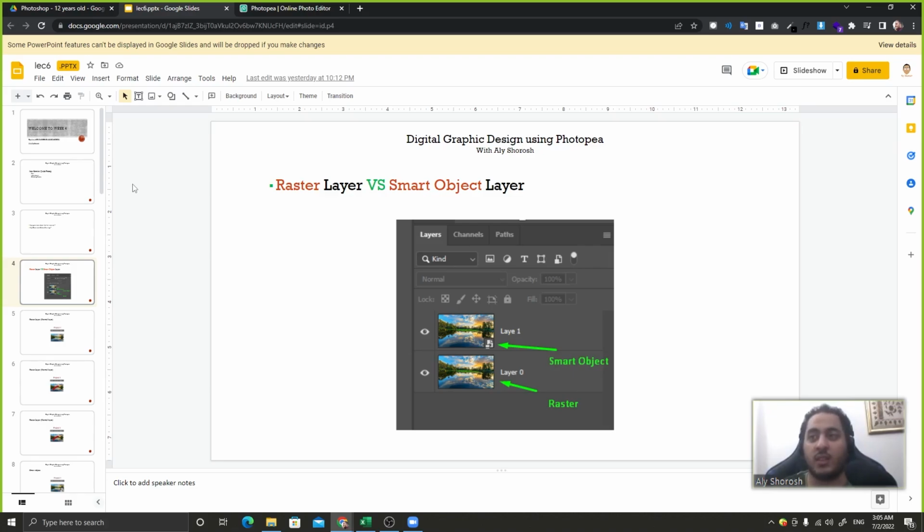Meanwhile, there are a lot of people that don't understand what a smart object is, and they can still do whatever designs they want on the software without actually knowing what a smart object is. But knowing smart objects will give you a deeper knowledge of graphic software,